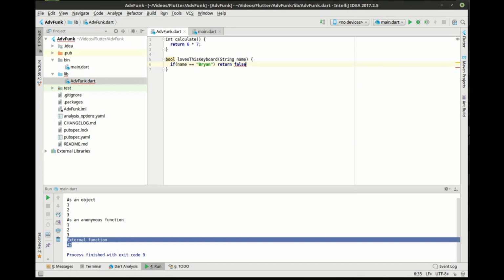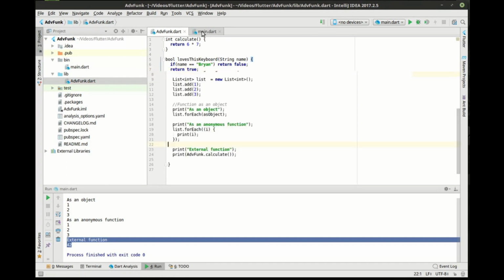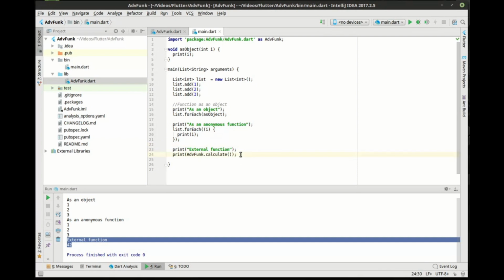So if the person in this function is Brian, me, then I do not love my keyboard. Otherwise, we're going to return true, because everybody else in the world loves their keyboard. Especially when they're playing Call of Duty, little bastards. Alright, so as you can see,